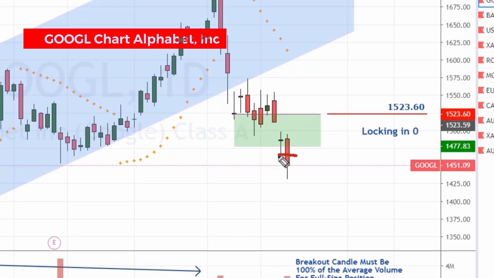Google pushed down pretty hard on Friday, right down here. Retreated just a little bit from that, but still pretty bearish looking right there. We got profit on the first half and the stop is set at break even right here, locking in 0 on the second half. Just waiting for this parabolic SAR to get down below the break even stop to start